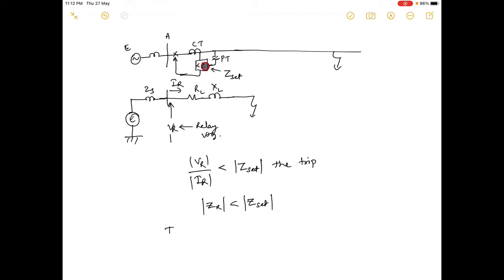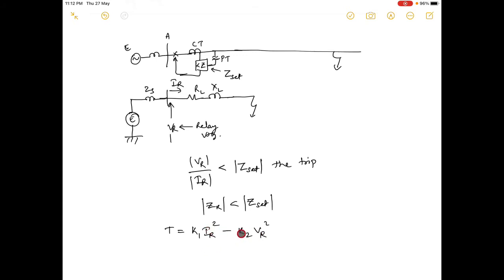It depends on both the potential coil and the current coil, right. You can actually set those values to some constant. So the torque equation we have seen in the first chapter is K1 IR square minus K2 VR square. Since torque is proportional to IR square, this K1 is the constant of the current coil and this K2 is the constant of the voltage coil.